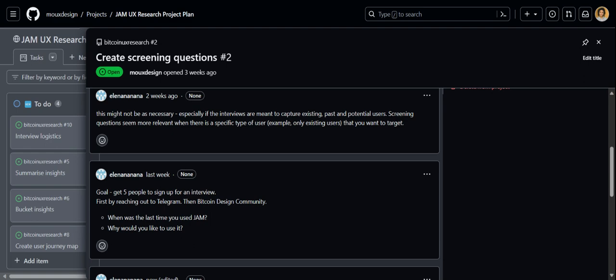That works. Yep. And then is the primary idea, Mo, that we don't use a scheduling link because you would be the primary person? Yeah. Perfect. I think we don't use a scheduling link. We try to keep people as anonymous as possible and keep it as personal as possible. And maybe an intro from Eddie or TBK, like, hey guys, this is Mo. She's from the Bitcoin design community. We're trying to improve the UI of Jam. She's normal, you can trust her. Please feel free to speak to her.